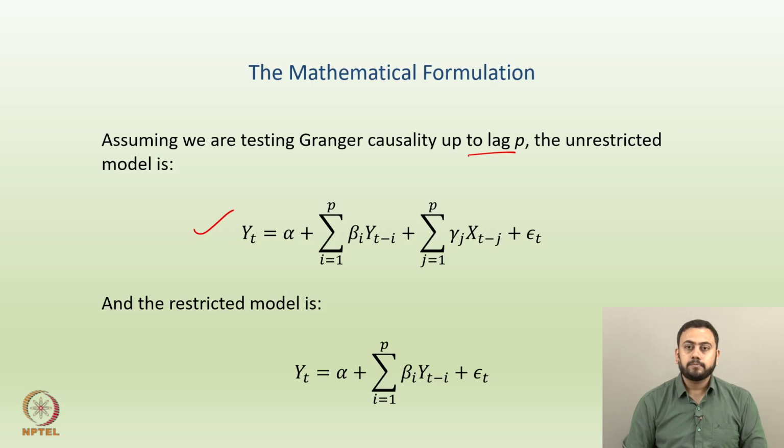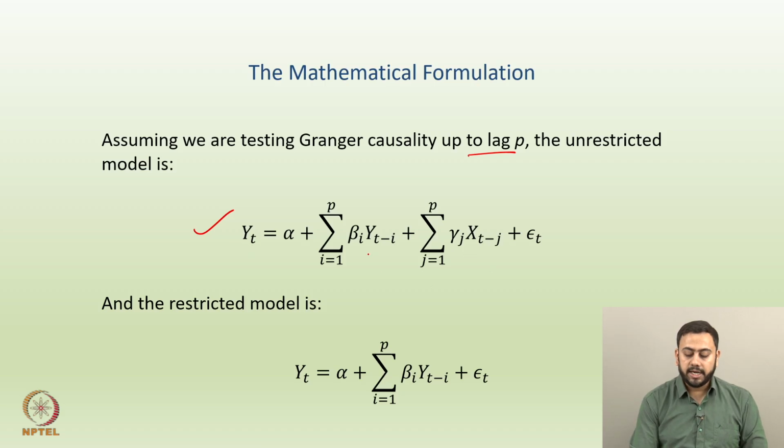For example, firstly, what kind of model is this? The first model is unrestricted, and remember what we mean by unrestricted. Unrestricted means that yt uses its own past values as well as past values of xt, and hence we should have both these values inside the regression, isn't it.